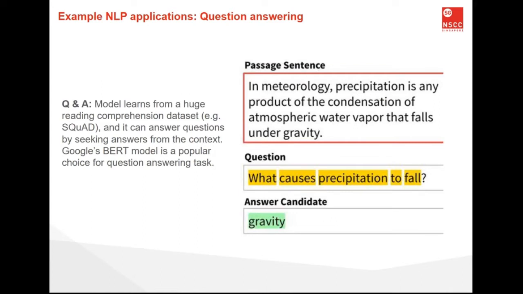The first example of NLP application is question answering. Question answering is a critical NLP problem and a long-standing artificial intelligence milestone. A Q&A system allows a user to express a question in natural language and get an immediate and brief response.